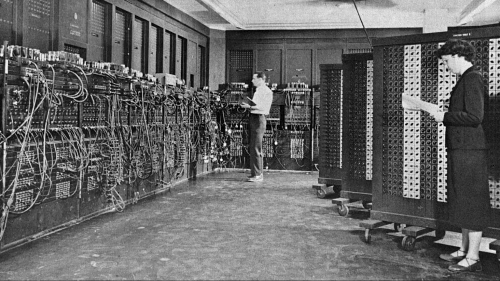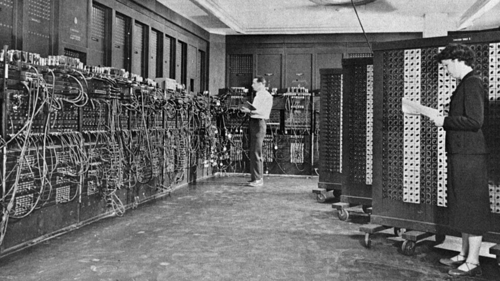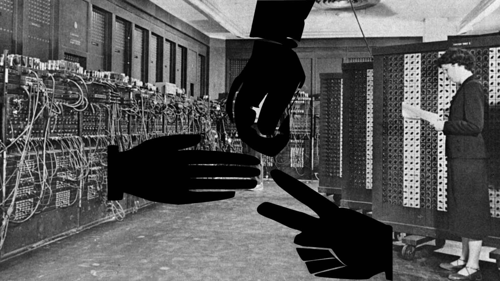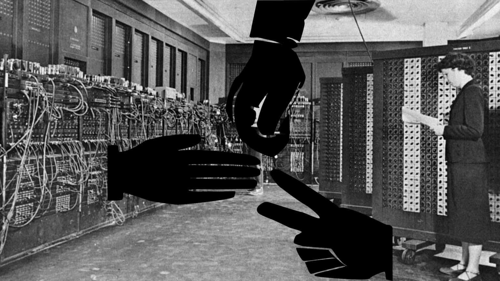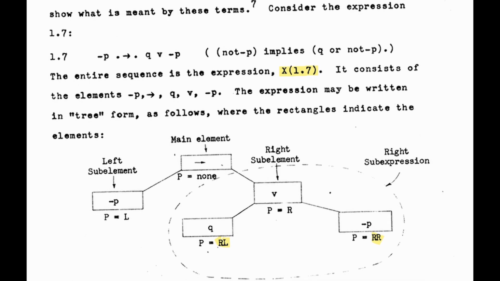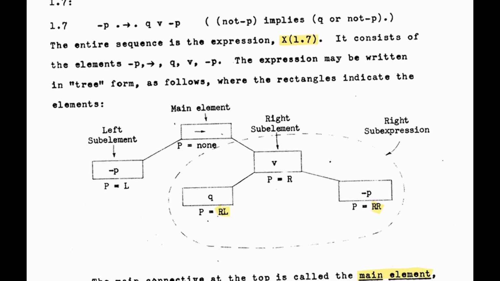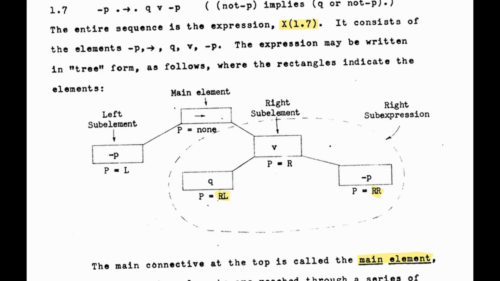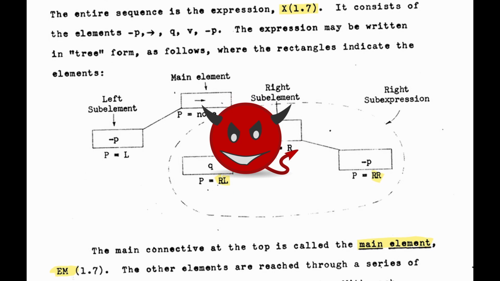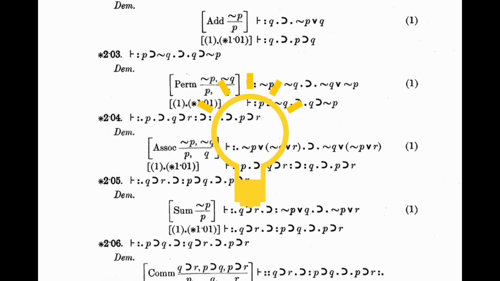The year is 1956. You've been having trouble deciding between right and wrong, but thankfully, a new computer program called the Logic Theorist is here to help with all your indecision. Okay, well, it doesn't exactly help with moral dilemmas, but it does produce answers for the most fundamental of logical